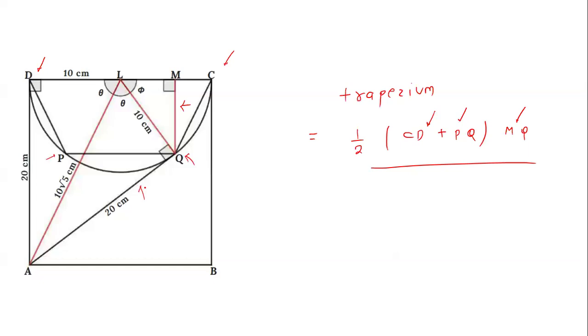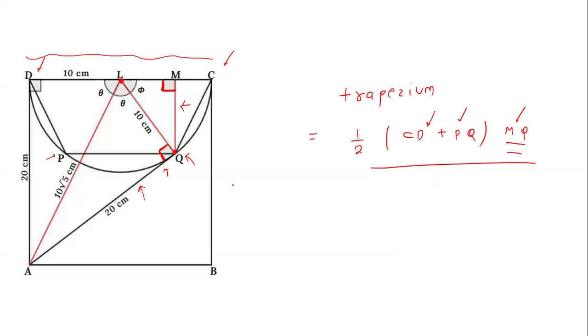Here it is the tangent to the semicircle, and let's say this is the diameter of this semicircle and L is the center point. So from the center, if you draw a perpendicular to this tangent, this angle will be a 90-degree angle. And from this point we are drawing a perpendicular to this CD. So this is the perpendicular height which we are using for calculating the trapezium area.